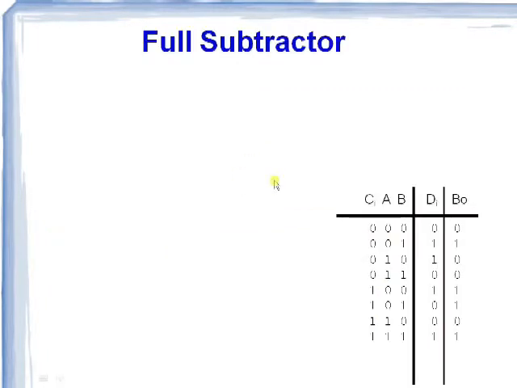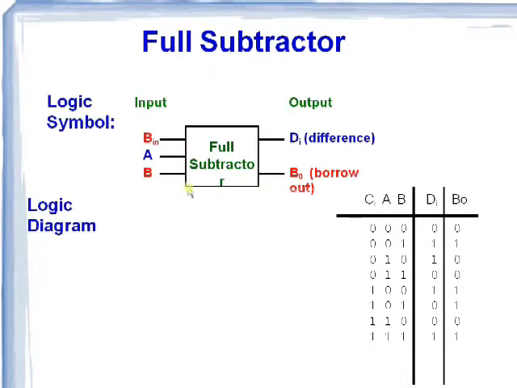Now let us see the full subtractor. A full subtractor is a circuit which accepts three inputs, A, B, and B in, which is nothing but the borrow in. It provides two outputs, that is difference as well as borrow. It performs a similar operation as compared to the half subtractor, but here it performs subtraction between A, B and B in, and this is the truth table that we give for the full subtractor.